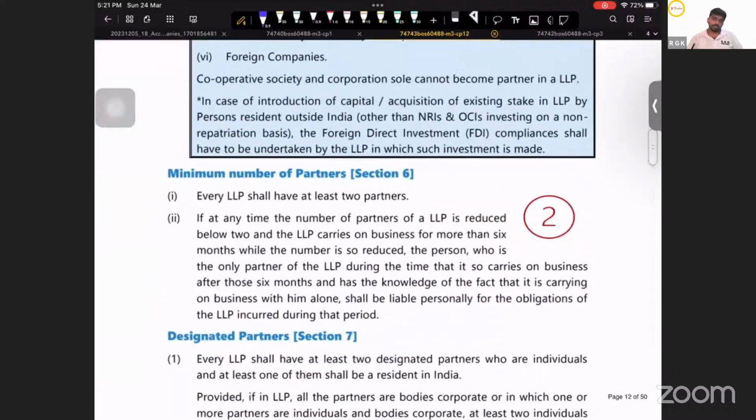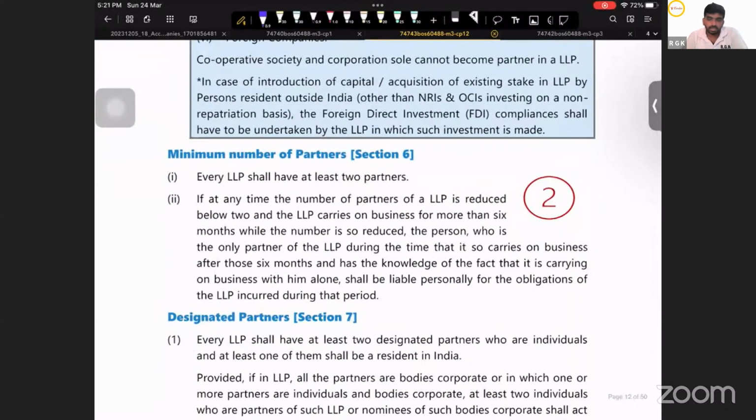Next, minimum number of partners. Again, this can be a possible question, important area. Don't ignore this section, important section, section 6. Every LLP shall have at least 2 partners. If the number of partners falls below 2 and the LLP carries on business for more than 6 months while the number is so reduced, the person who is the only partner of the LLP during the time that it carries on business after those 6 months